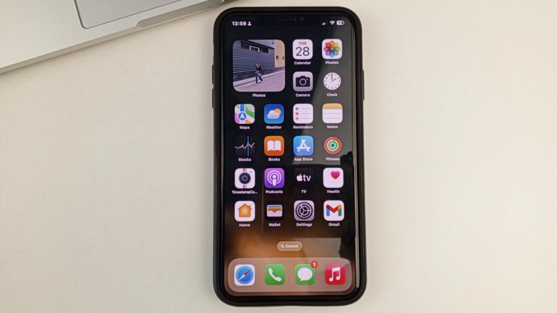And I'll tell you right away that the App Store is a program that is always installed by default on any iPhone. So you can't download it, just like you can't uninstall it.